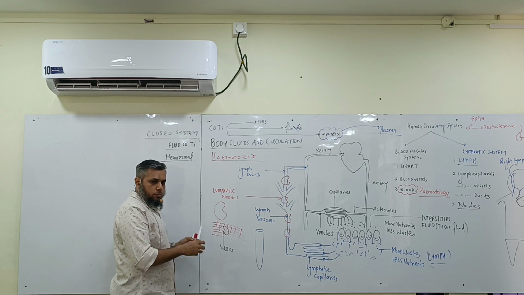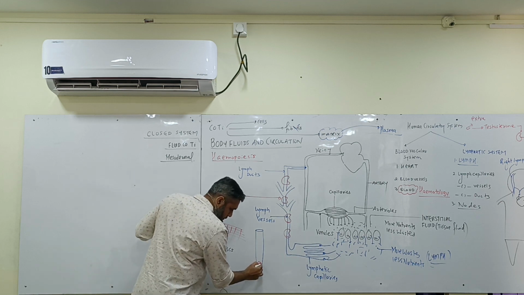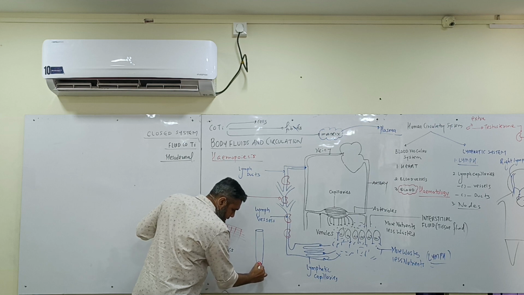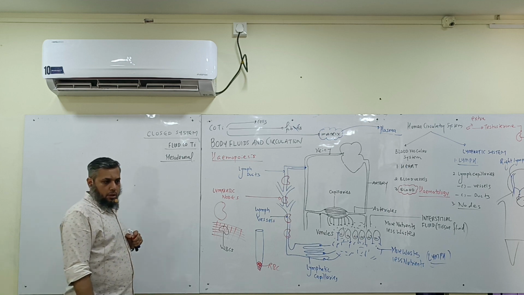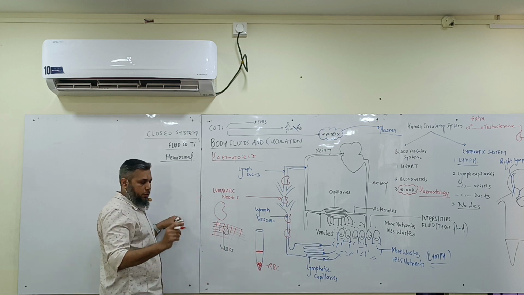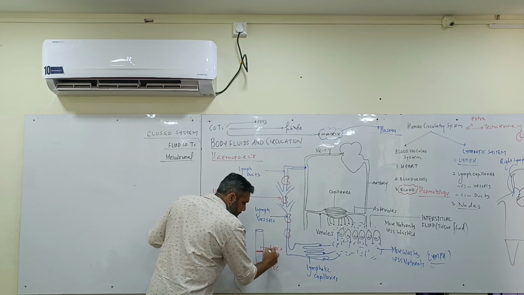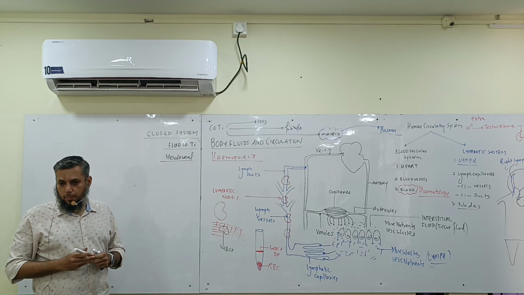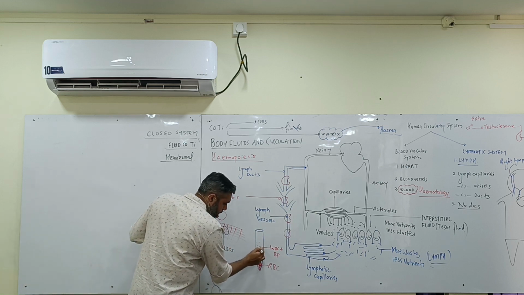And you know what? At the bottom of the test tube will settle down cells called RBC. Okay? Somewhere in the middle, you have a buffy colored coat, and that will be your white blood cells and the blood platelets. And the rest of your test tube will be filled with a